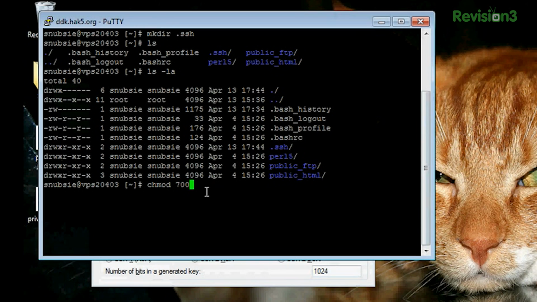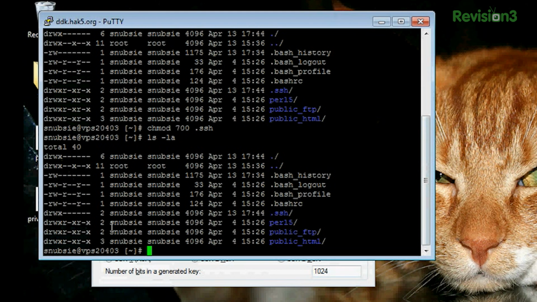Okay, so chmod 700 .ssh. Press enter. Okay, so now do that list again. ls -la. And so now notice, I'm set. Oh, okay. So now I still have my settings. All right. So change mode lets you easily change the permissions of a directory or a file. And change mode will actually accept an octal representation of those modes. We're not going to get into the nitty-gritty of what all of that means, but basically in this case, 700 represents readable, writable, and executable for the owner, in this case Shannon, and nothing for anyone else.